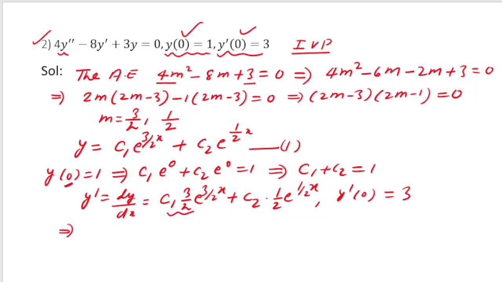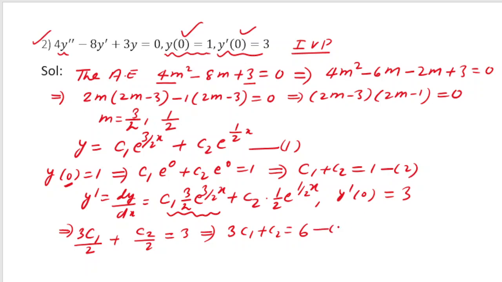So if I put 0, I will get c1 and e to the power 0 into 3 by 2. So I will get 3c1 by 2. 3 by 2 into 0 will be 0, so e to the power 0 is 1. So I'm not writing that. And here I am writing c2 by 2, and this will also become 1. So this is equal to 3. So basically, if you simplify, you will get 3c1 plus c2 is equal to 2 into 3, that is 6. Now if I call this equation number 2 and this equation number 3,